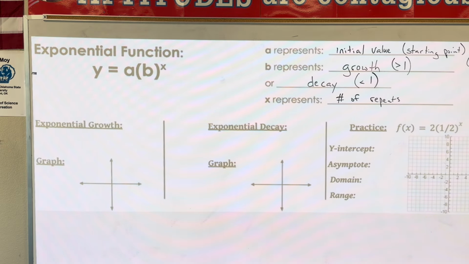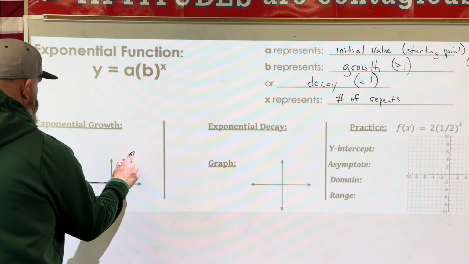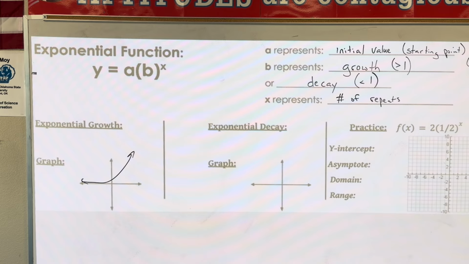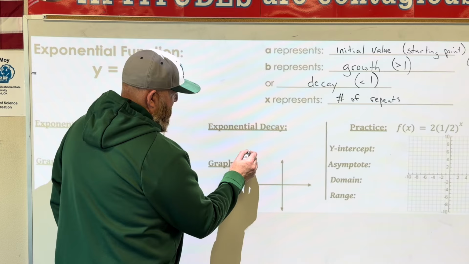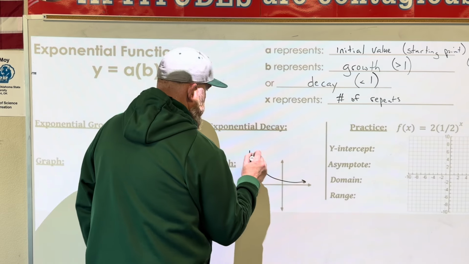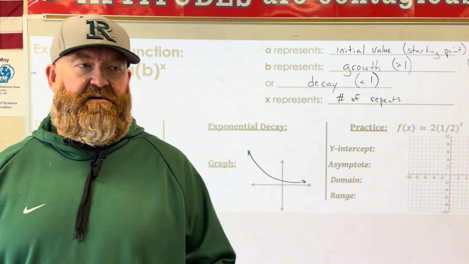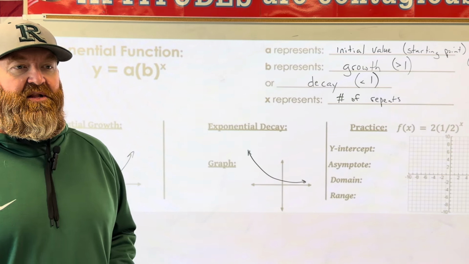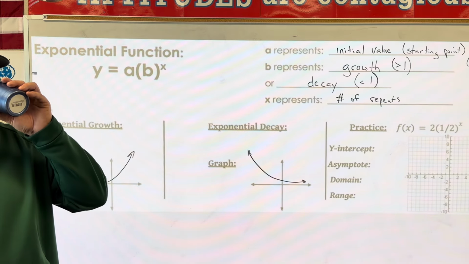All right, here we go. Exponential growth. Here's your exponential growth. Okay, just like that. Exponential decay is going to look like this. It's going to start high, and then it's going to finish down there. In other words, the number looks really good, and then all of a sudden you're losing money like crazy. Kind of like the fat alien. Every time you looked at him, he was big, and then he just got smaller every time.